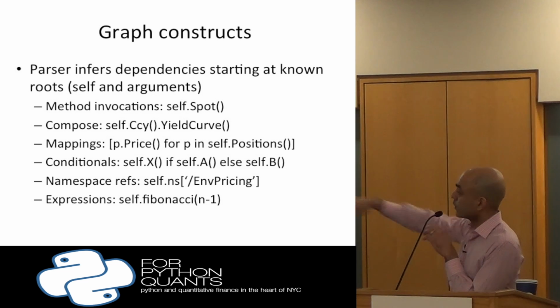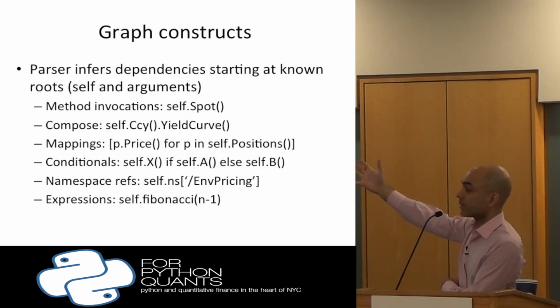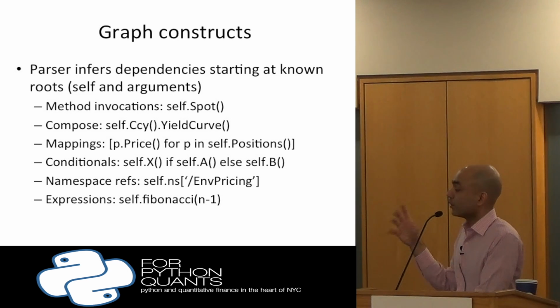You can do mappings, which is a list comprehension. You can apply some function over another function. So you can say p.price for p in self.positions. You can't use a loop, right? Because think about a loop. If I'm going to loop and then call a Ceph function, the instance variable in the loop is imperative, so you can only know its value when you're calling the function. So you can't actually do it ahead of time. That's why you need to express things as a map. Again, it looks very much like Haskell or Lisp or whatever it is.